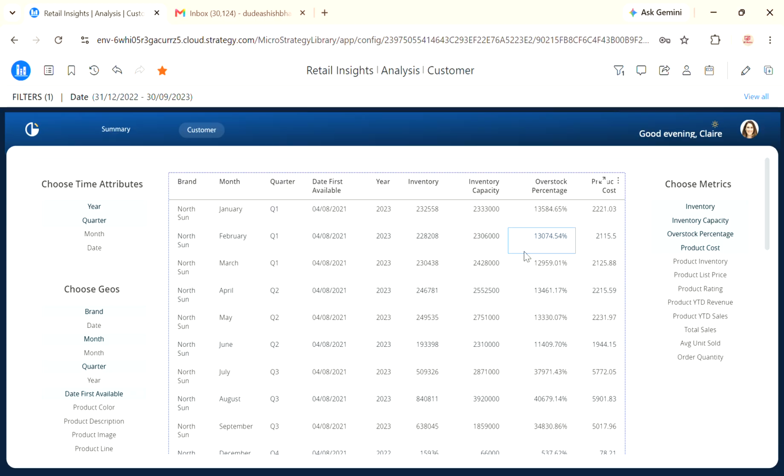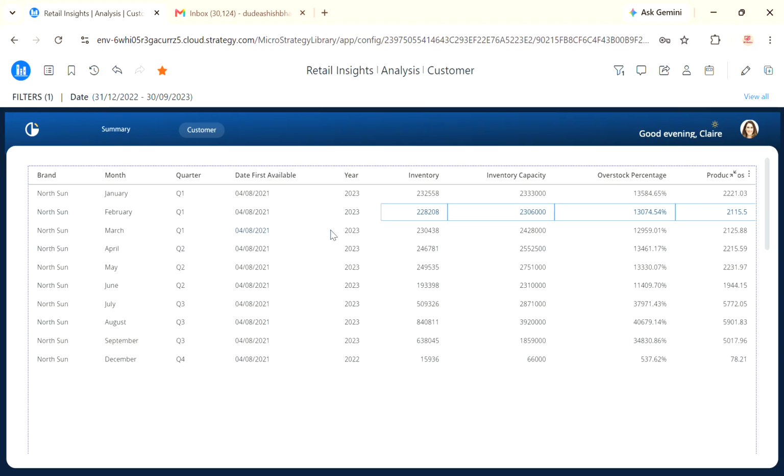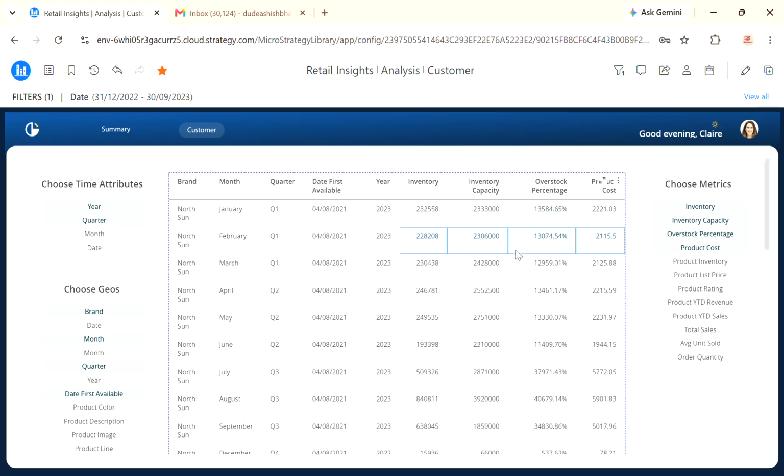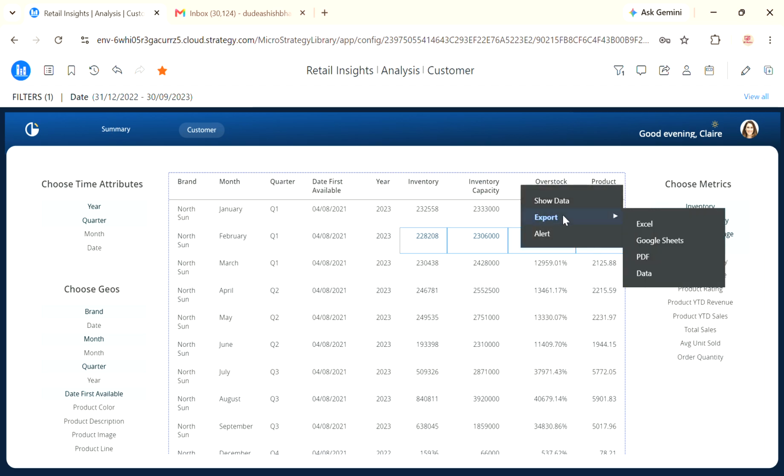This is typically a detailed report where you want to see all the details of your data. One more important feature is that you can maximize. Sometimes this is in a smaller space, so you can just click on maximize, and it will come to full screen so that you can see the data clearly. Then there are some options available like export. There is an ellipsis button on the right corner. You can always export this